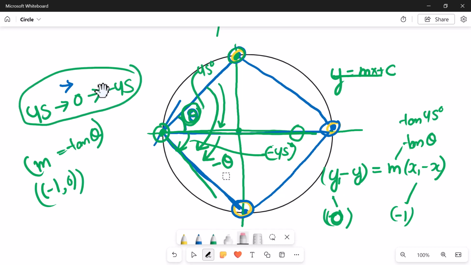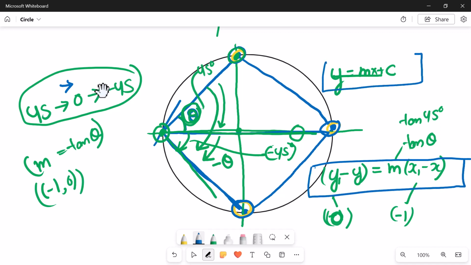Now this is the formula that we will use. This is called the slope intercept form of a straight line. This is the point slope form of the straight line. This is what we will use while drawing this polygon. Now let me take another polygon so as to show you how the most critical part